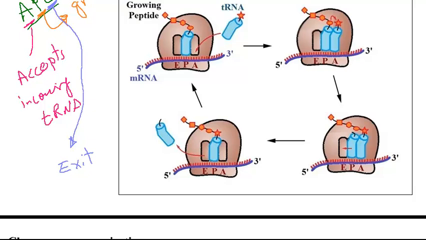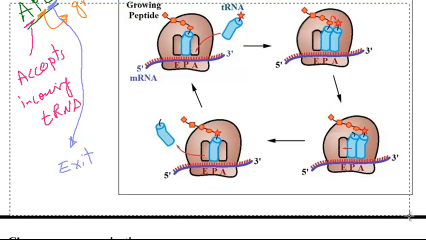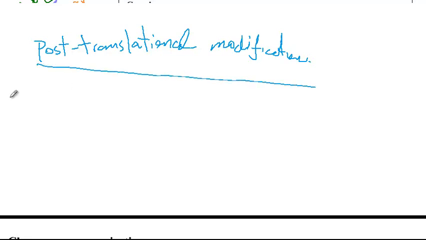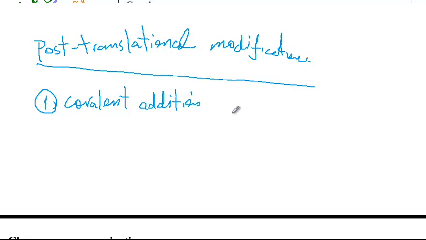All right, and then as the protein is being translated, the last step is post-translational modification. So now we have to undergo post-translational modification. The changes that you see during this stage include, for instance, covalent addition of a functional group,